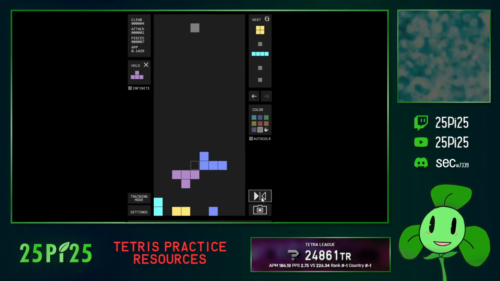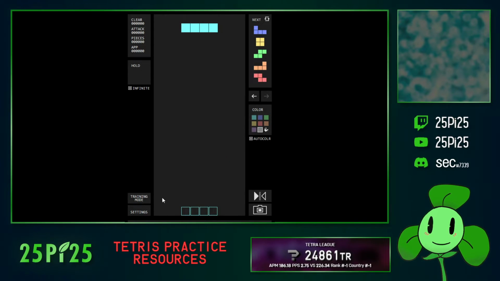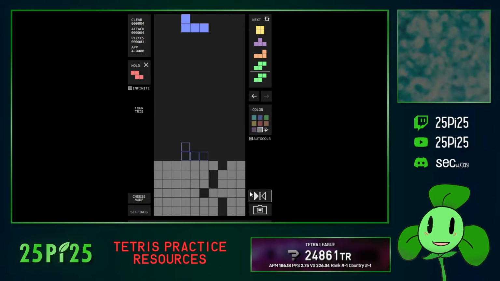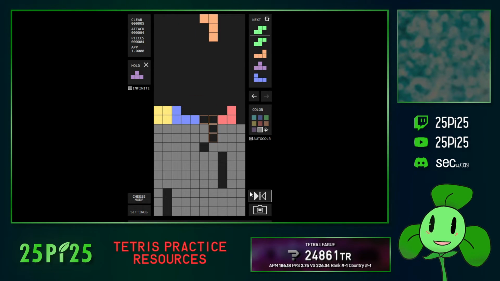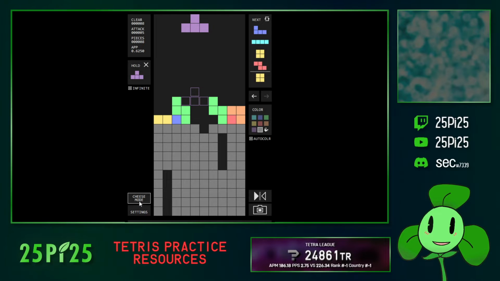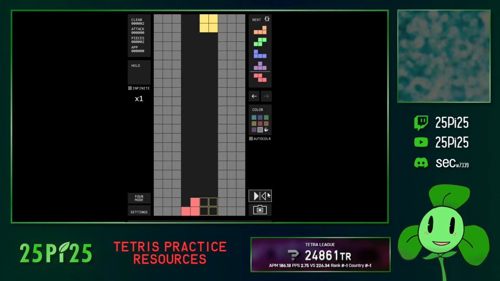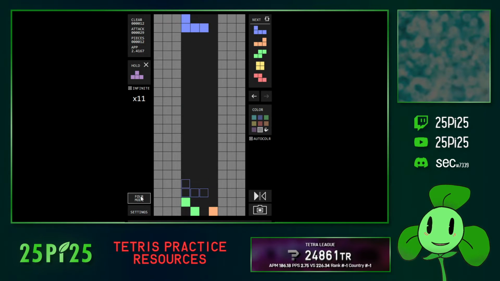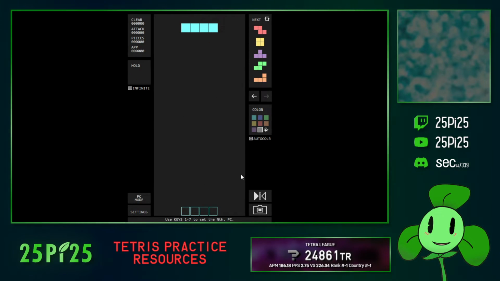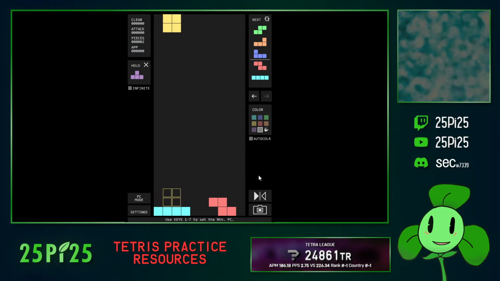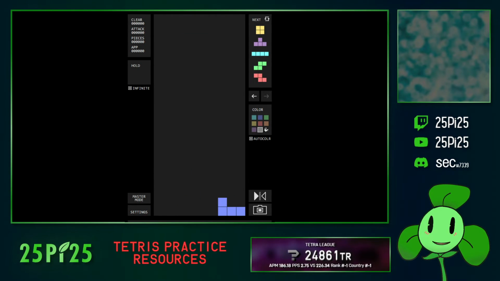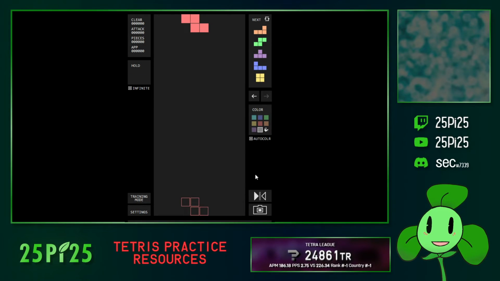We can mirror. So we have different modes. We have training mode, cheese mode, which we can do down stack. So not just cheese, just also down stack. We also have combo mode, where you just try to get a really long combo. Then we also have PC mode, where you just try to get PCs. I probably won't. And then we have Master mode, which is just really high gravity. So yeah, we have a bunch of modes and a lot of different ways to